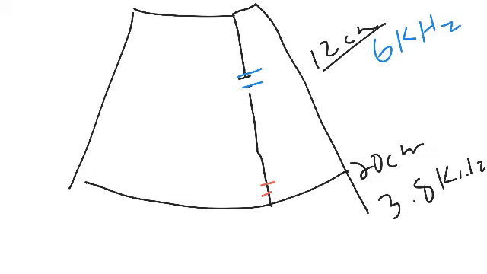So what we do is we send a 6 kilohertz signal to this level, and then a long time before the echo gets to our deepest part here and starts coming back, this 6 kilohertz signal is going to come down to 12 centimeters, and then it'll come down again. We'll send out another pulse, and then we'll send out another pulse. So we'll have multiple pulses for each pulse along the depth. The grayscale imaging gets one pulse to go 20 centimeters and back, and then our Doppler imaging will get multiple pulses to go